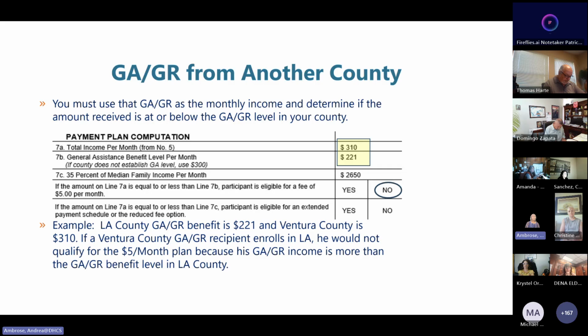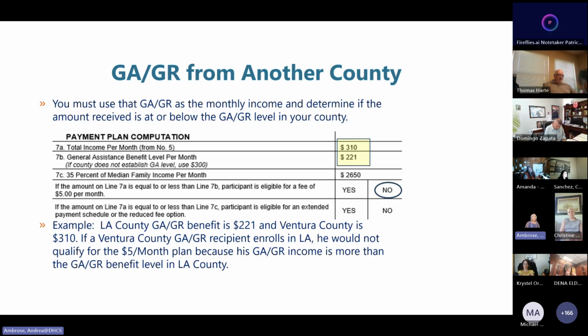So we filled that out on our worksheet. But I'm a participant coming from Ventura County, and I get GA in Ventura County, which shows that my monthly benefit is $310. So in this case, you're going to record that the GA benefit they're receiving is $310 and compare that to the benefit level in your county.